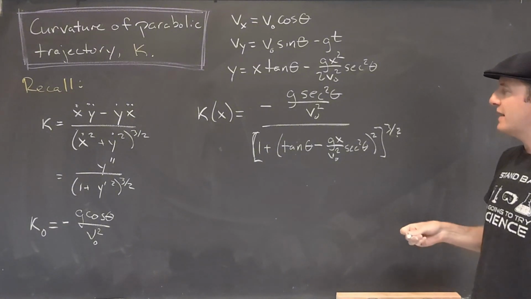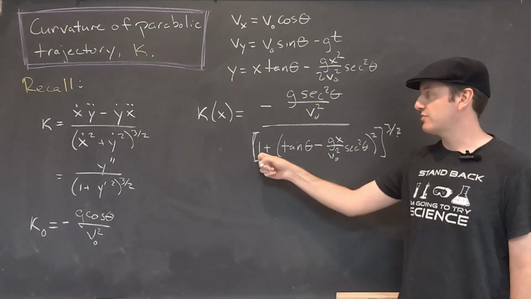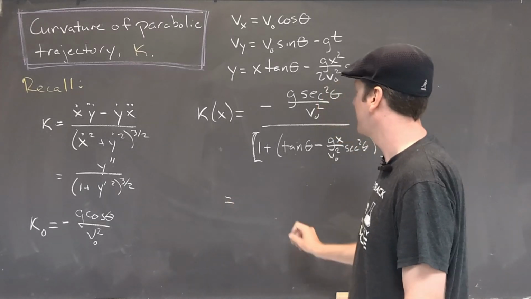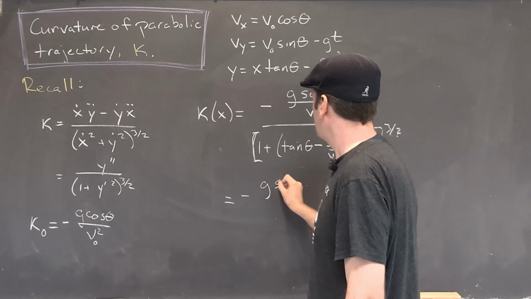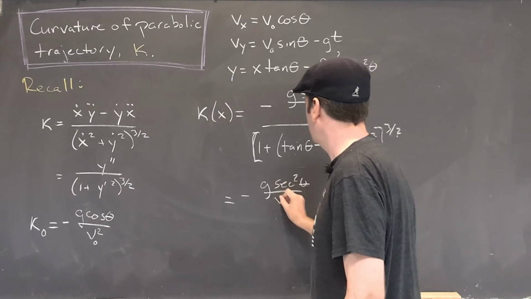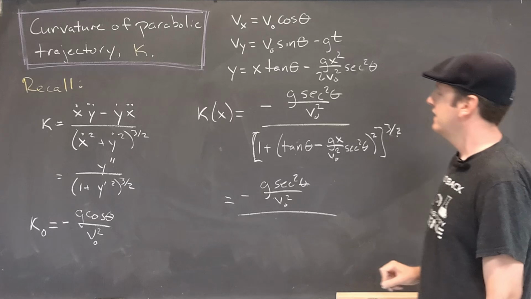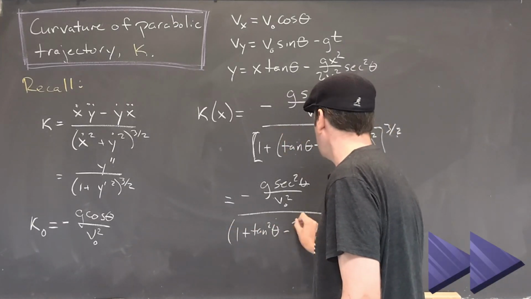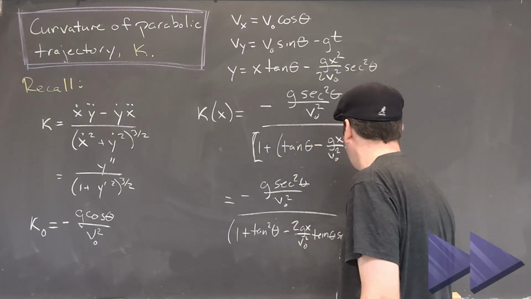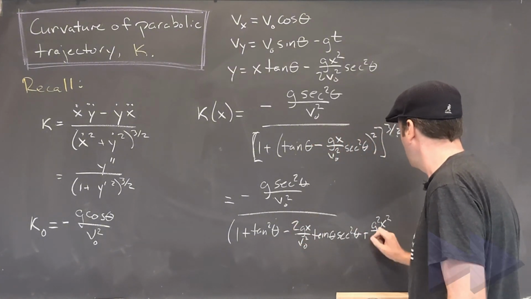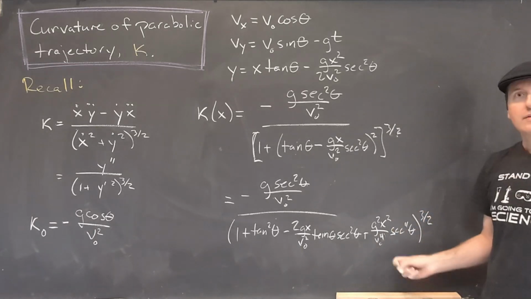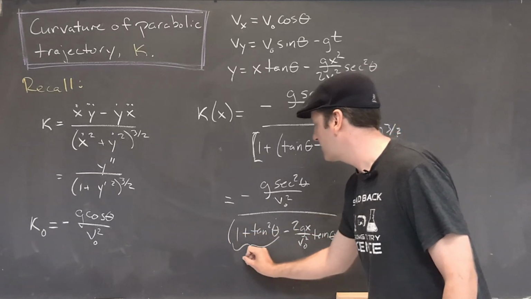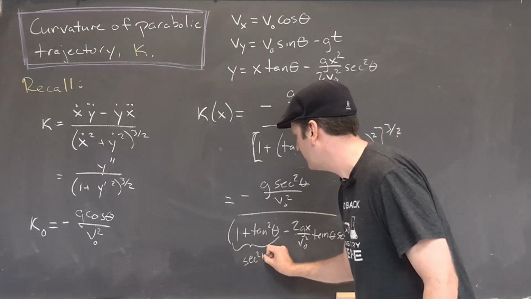Doing so might be kind of convenient because tan squared, especially plus 1, can be written in terms of secant squared. So let's just go ahead and do that. So I have a minus g secant squared theta over v naught squared. In the denominator, we'll have this big ugly beast,